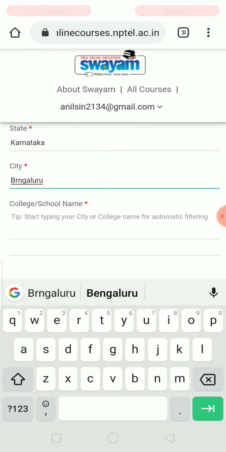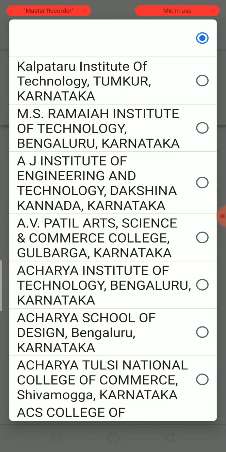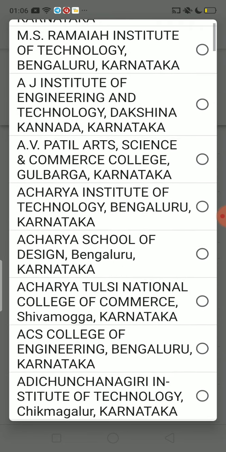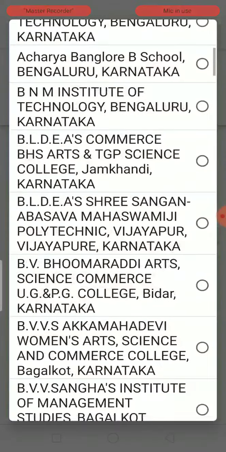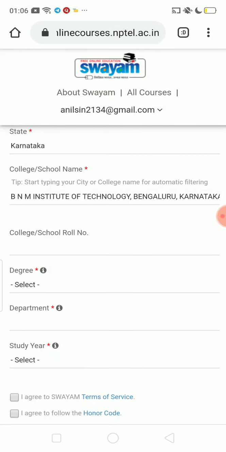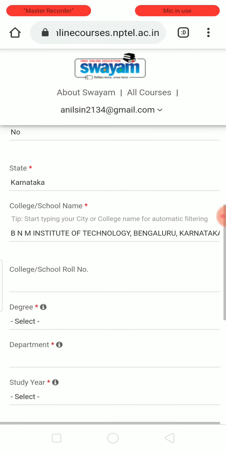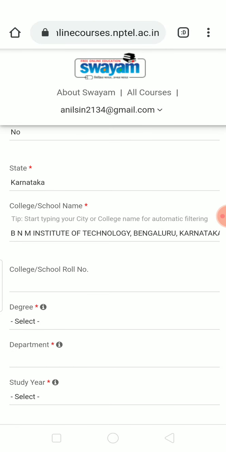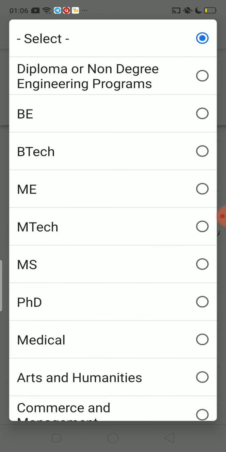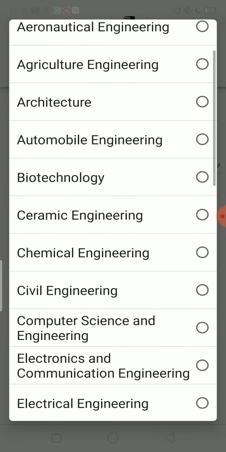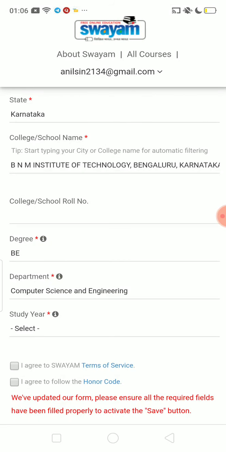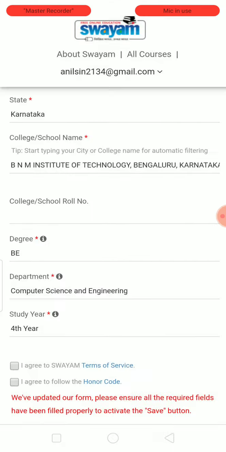After that, they'll ask me to enter my college name. There are a lot of college names. Okay, fine. I'll select a random college name from here, let's say BNM. After that they are asking for my college roll number or what degree I was in. Let's say I was in the BE department. If I am in computer science and engineering, select study year, let's say fourth year.